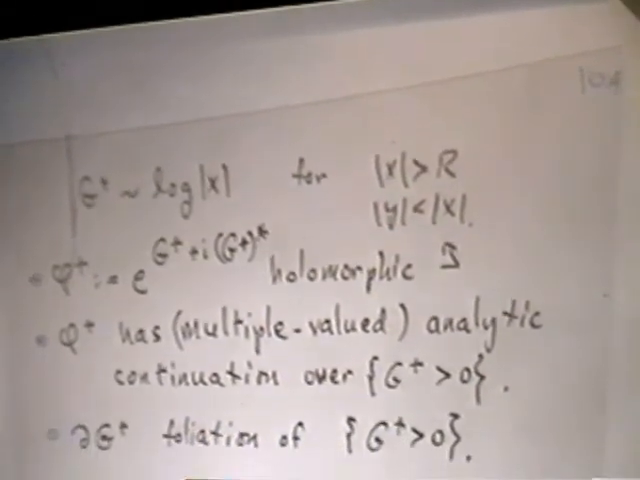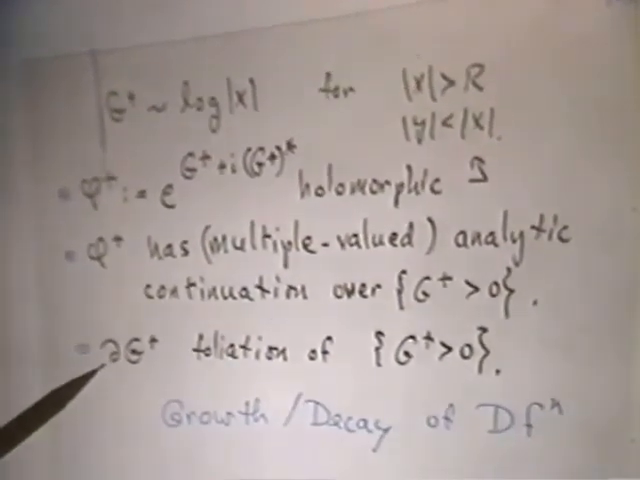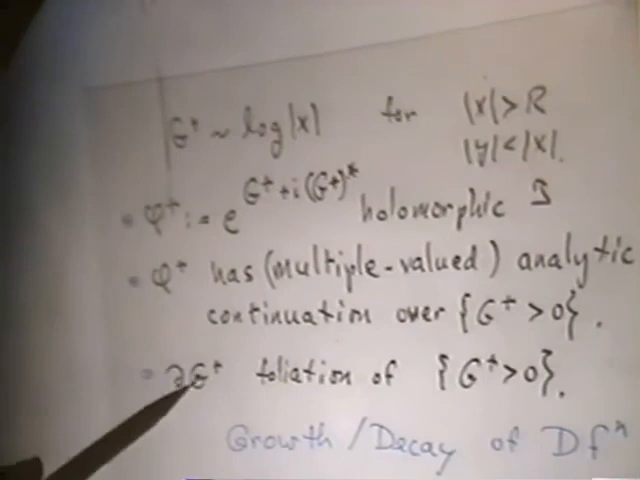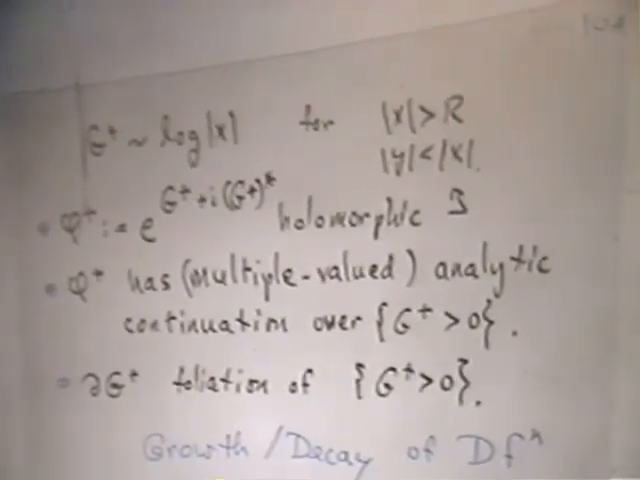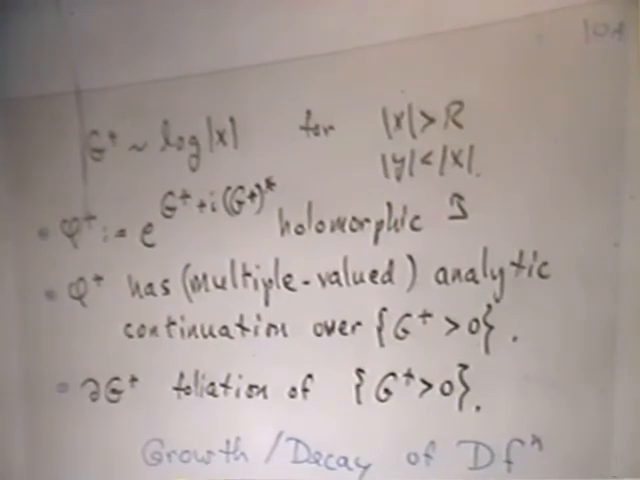On the whole set where G plus is positive, it has some sort of analytic continuation. If we wanted to find the foliation, we could also take round D of G plus, and that would be a holomorphic one form that would define a foliation. For us, at the instant,